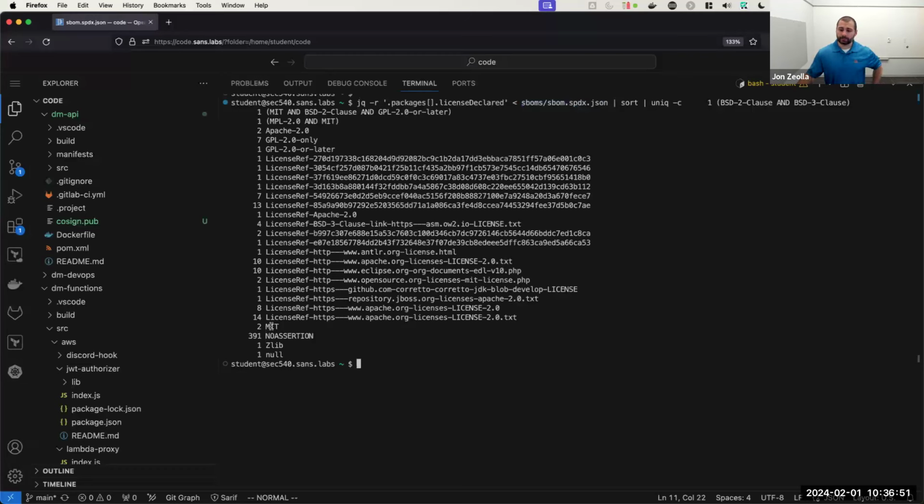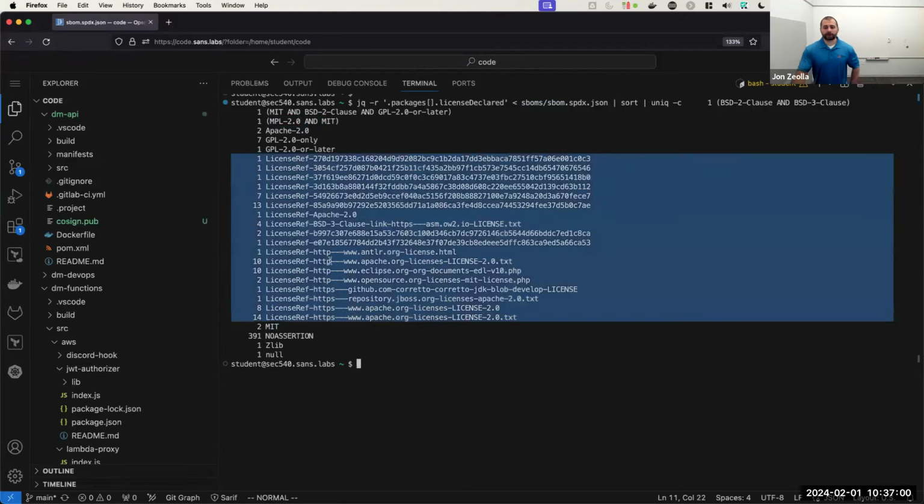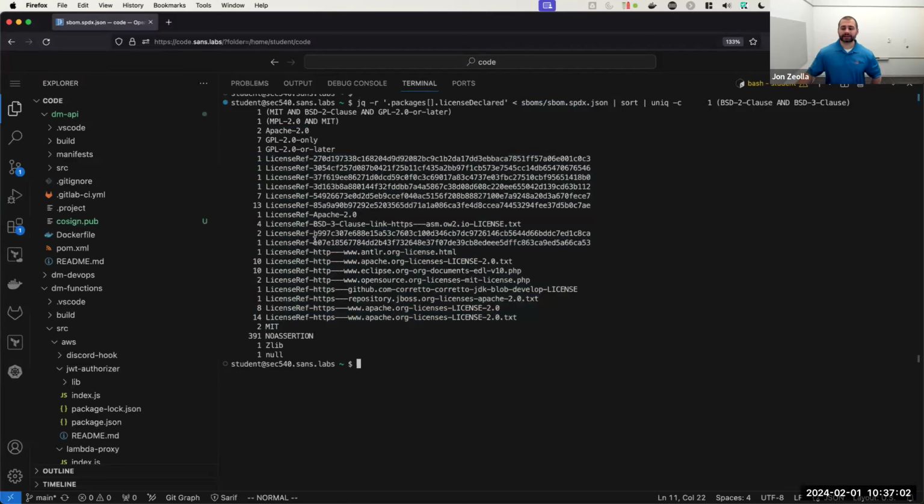Now you can see we've got some that are probably fine, MIT, Apache, MPL, and MIT, etc. Some that are a little bit more custom, right, throughout here. That might require a manual lookup of what the ANTLR license is, Eclipse license, things like that. But then we've got this big 391 NOASSERTION, right?